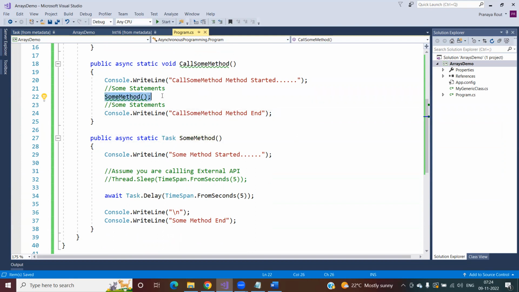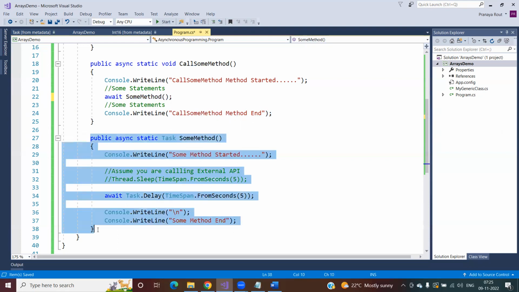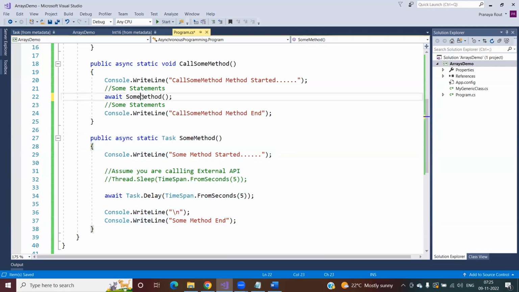If you want to make sure that this method execution is completed before I execute this statement, then you can use the await operator here, which will release the current thread, right? And it will make sure that the sum method execution is completed. Once the sum method execution is completed, it will give a confirmation to this method, and then this statement is going